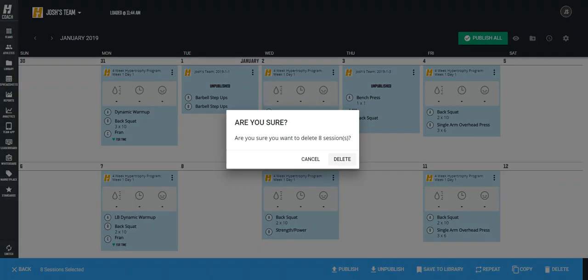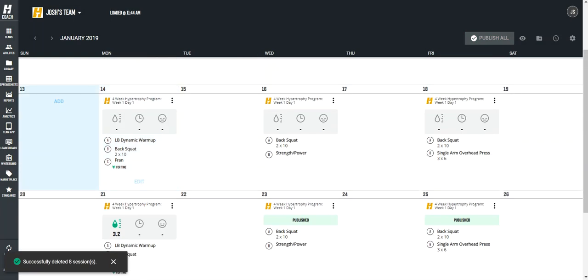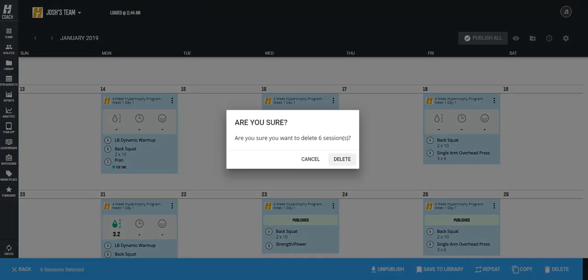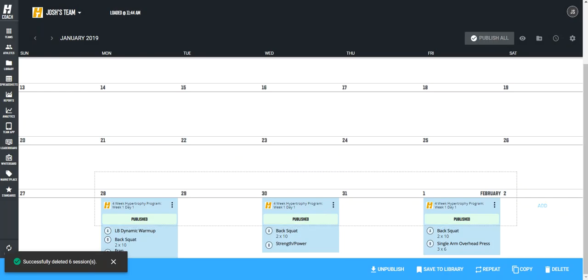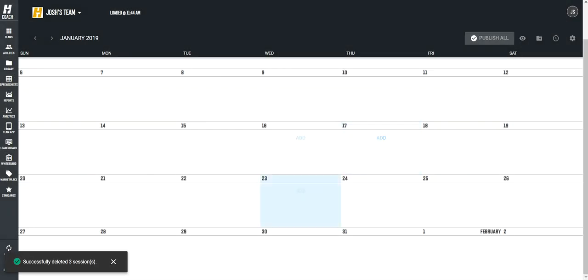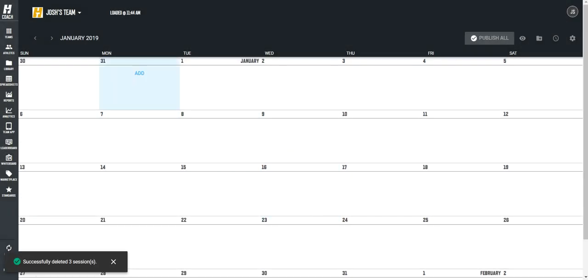I'm actually going to delete everything off of the shared calendar. I don't want them to share anything. I actually want them to have their own totally individualized plans. Now, if there was anything that I could program across the board, I'd throw it on this calendar because they all would get it. Okay, but for these particular athletes, I'm going to click on athletes, and I'm going to